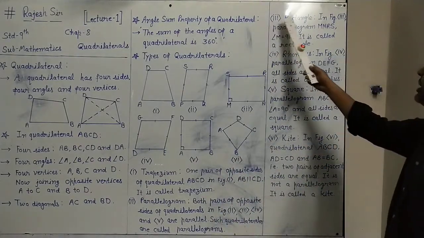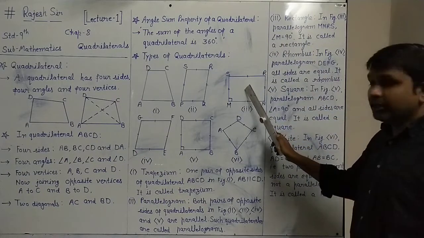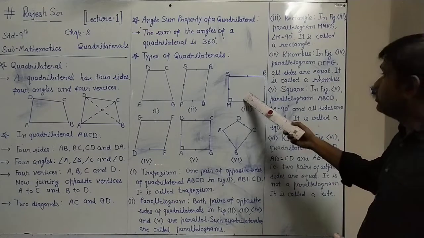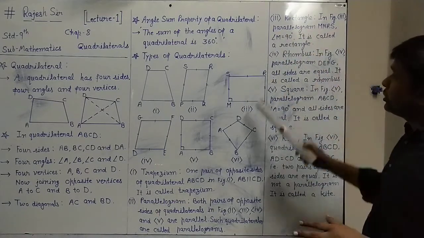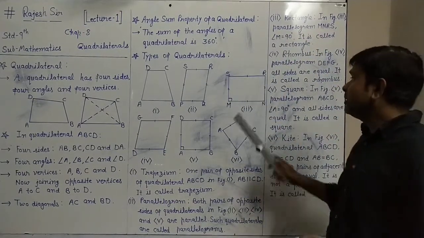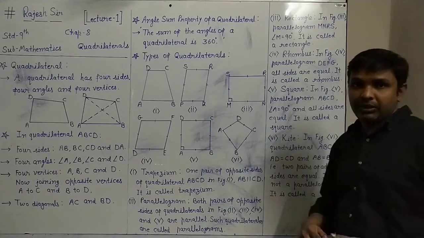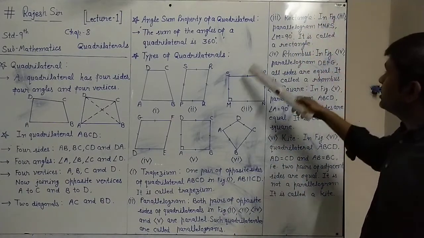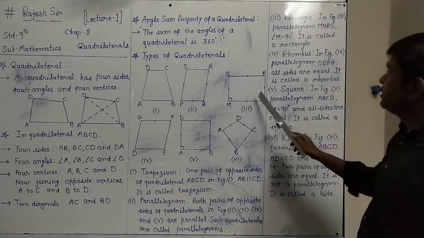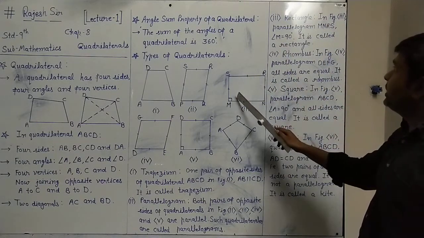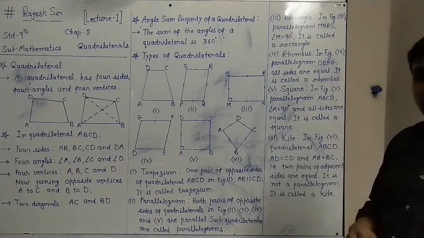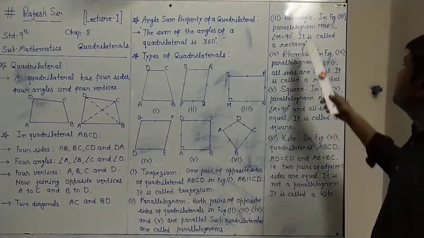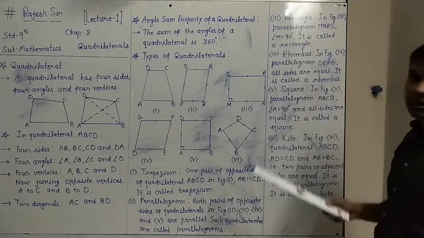Next, third number is rectangle. This third figure we have to see. In figure 3, it is a parallelogram, that we also know. In parallelogram MNRS, what is extra here as special given? Angle M is 90 degrees. So that is noted. In figure 3, it is parallelogram MNRS with angle M 90 degrees. So if in a parallelogram any one angle is 90 degrees, it is called a rectangle.